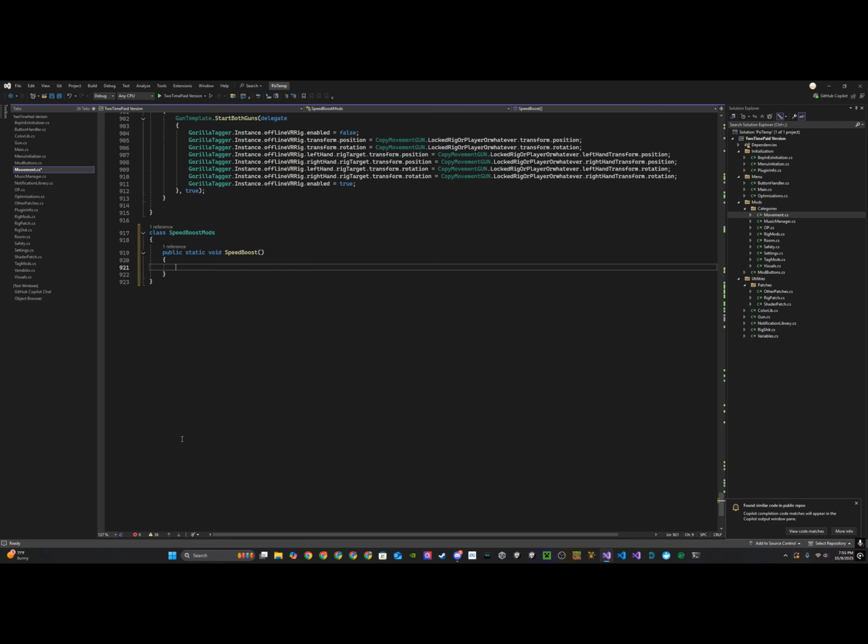So now we're gonna make a speed boost mod. So basically, when you enable the mod, you get a speed boost. So, Gorilla Locomotion, right? They changed it to GTPlayer. It's no longer Player, it's GTPlayer. That instance, now the I is uppercase, so that instance that